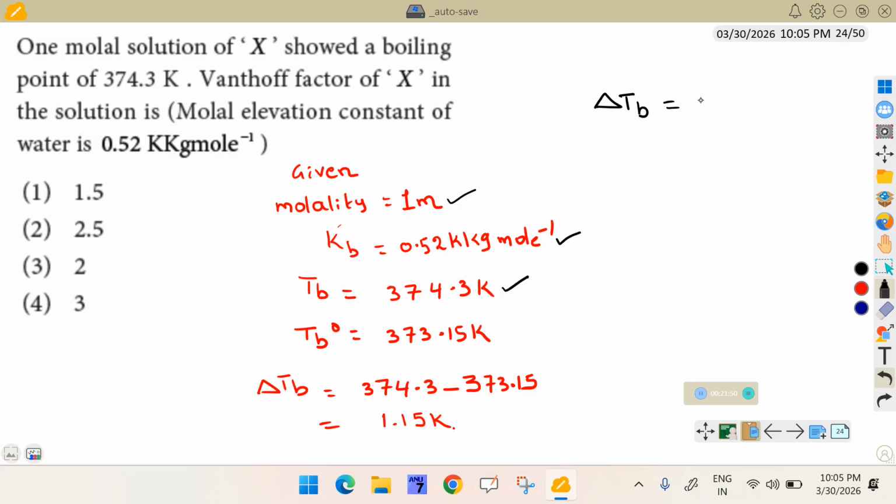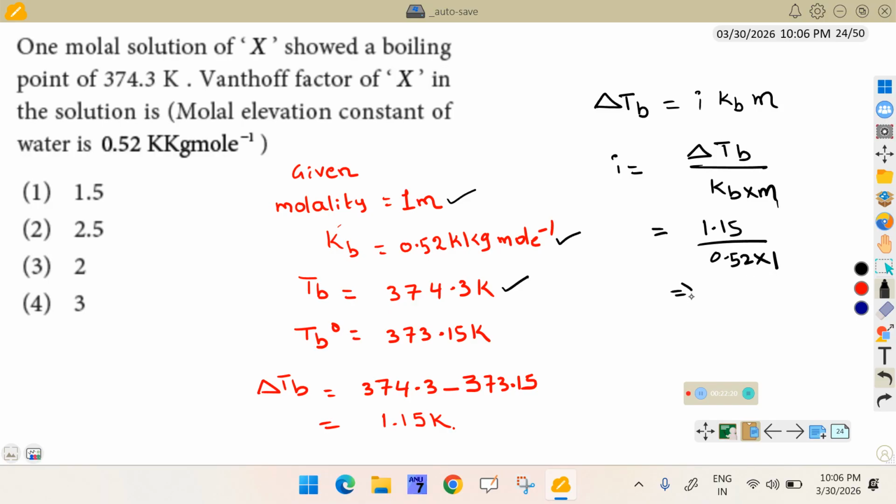Delta Tb is equal to i into Kb into m. Calculate the i value: delta Tb by Kb into m. Simplify. That is equal to delta Tb value 1.15 by Kb value. Kb value is 0.52 into 1. Simplify, then you will get